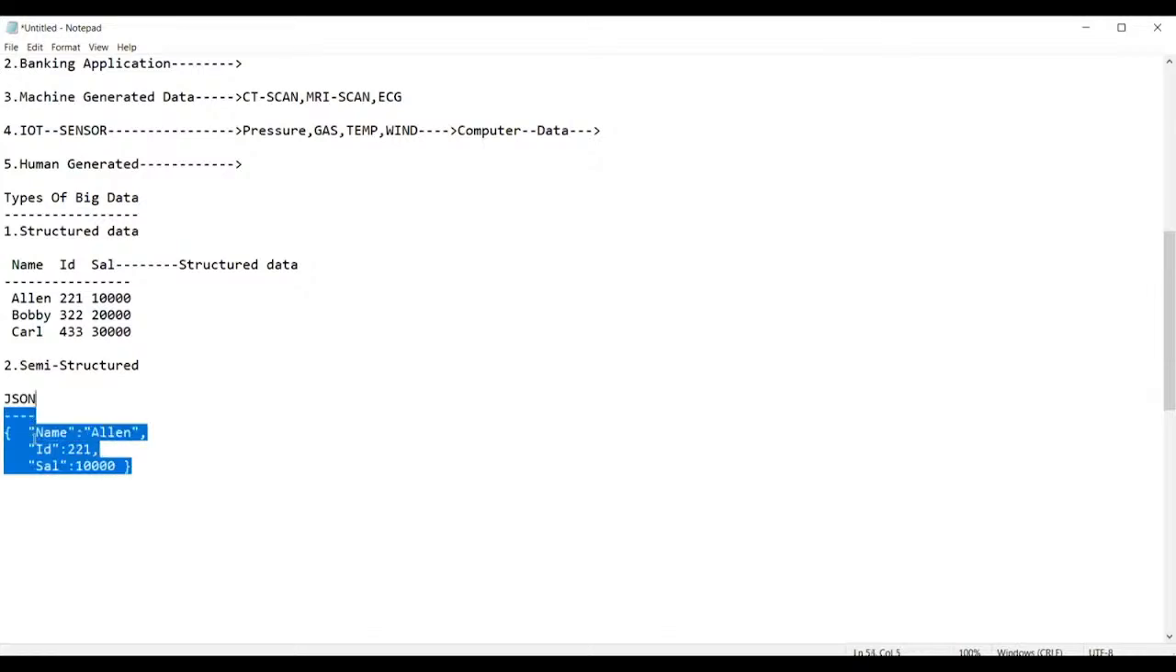Can you see, this kind of data is called semi-structured data. This kind of data is called semi-structured data. And now finally, the third one is called